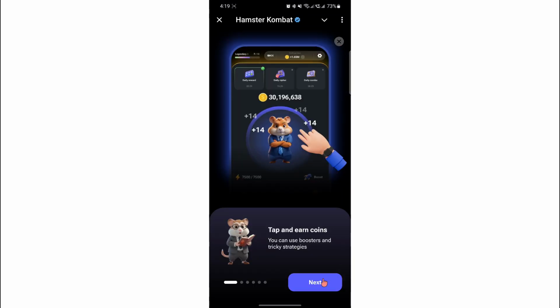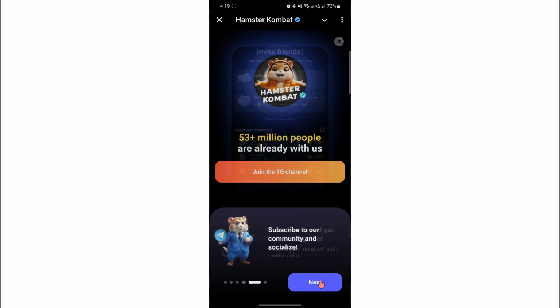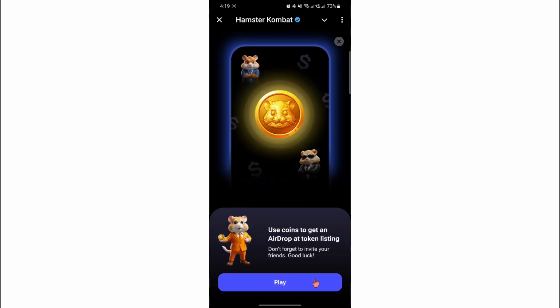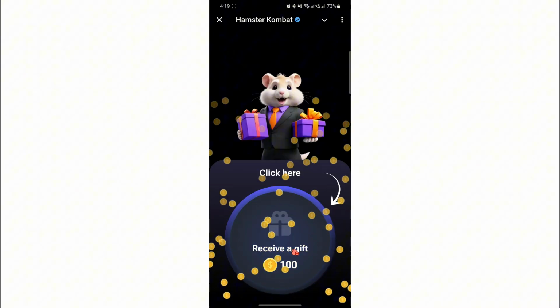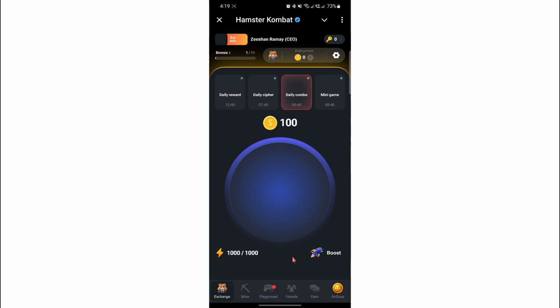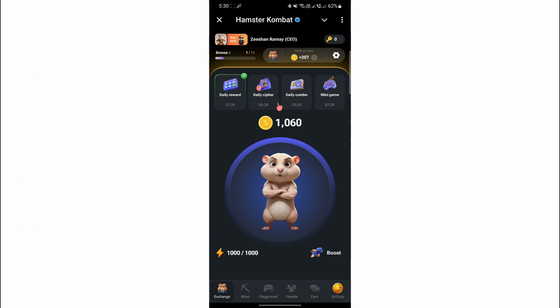The bot will guide you through a few introductory steps. Follow the instructions by tapping Next as you proceed. Once you reach the final step, you'll be able to tap on Play and you'll instantly receive 5,000 coins